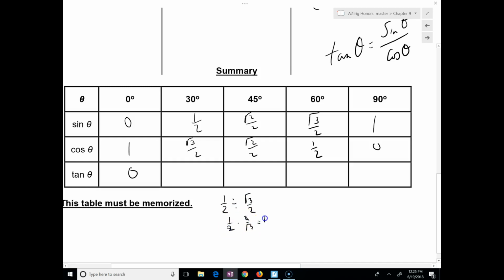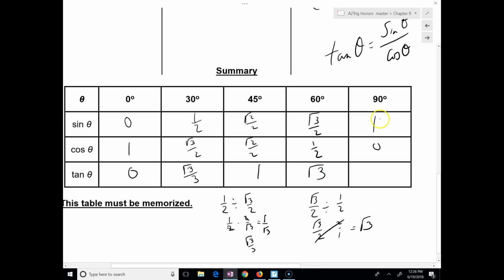Cancel, cancel. It's radical 1 over radical 3. If you rationalize it, that is radical 3 over 3. Well, radical 2 over 2 divided by radical 2 over 2, it's the same thing over the same thing. That is just 1. And if you want to do 60, you do the top divided by the bottom. Well, when you do that, you flip the second one, cancel, you get radical 3. Alright? And then,